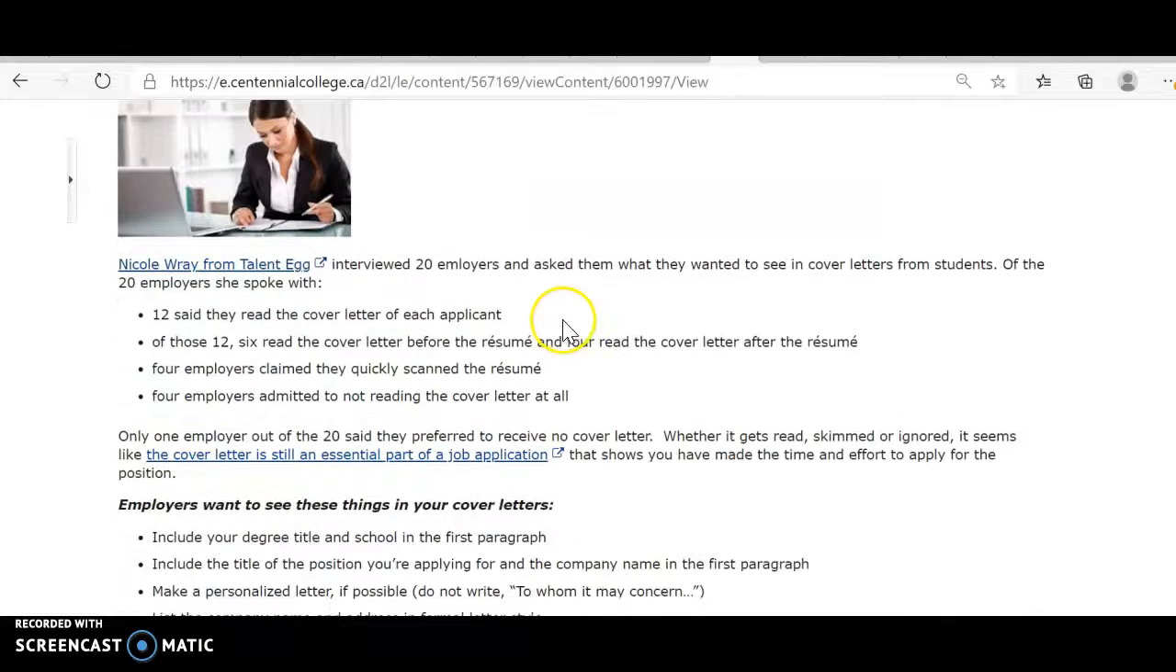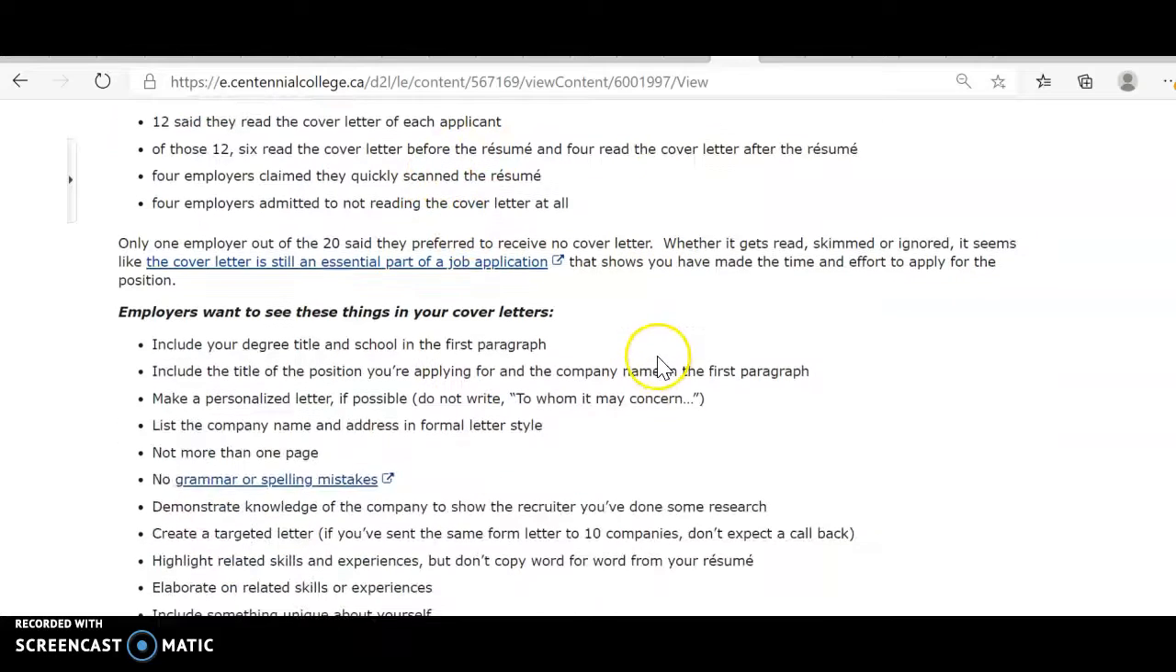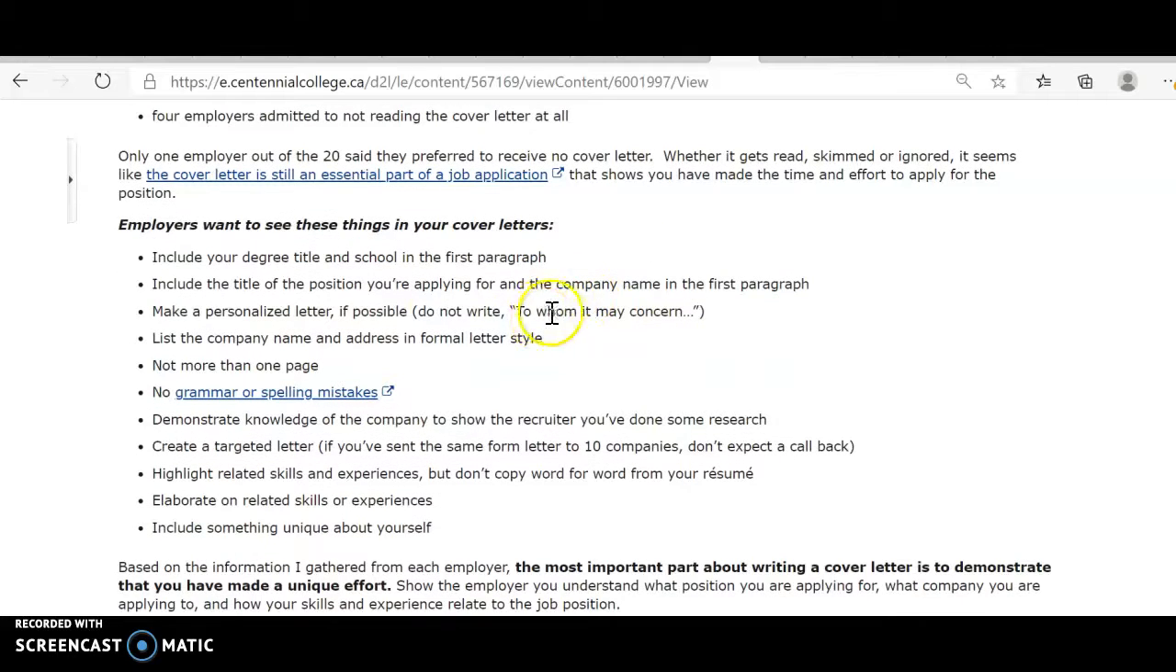Again, there is a question: do employers even read the cover letters? There's some research done here that talks about, yes, they do read cover letters. Now, not all jobs ask for a cover letter, but many of them will say, please include a cover letter with your resume. Most recently, I viewed a job ad that said, please include your cover letter with the resume